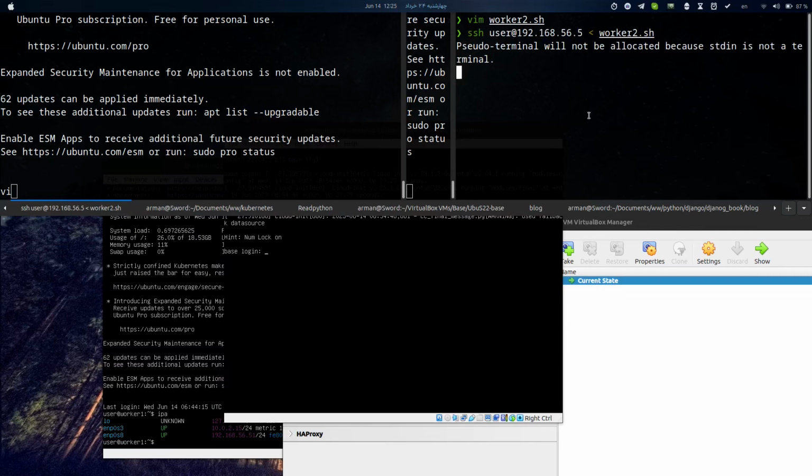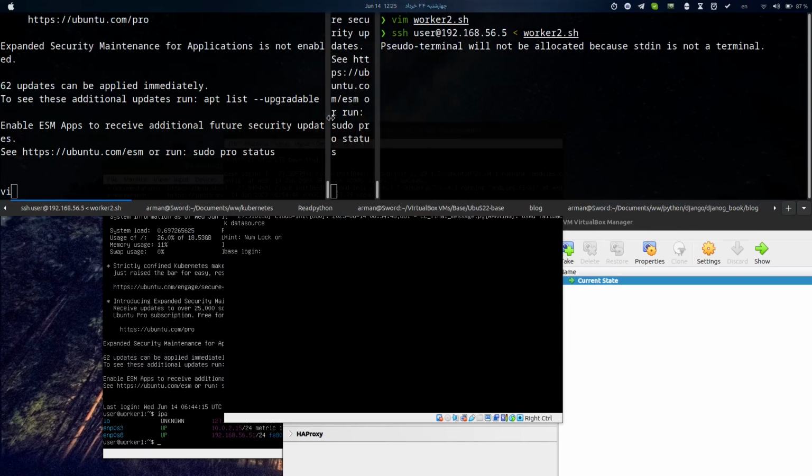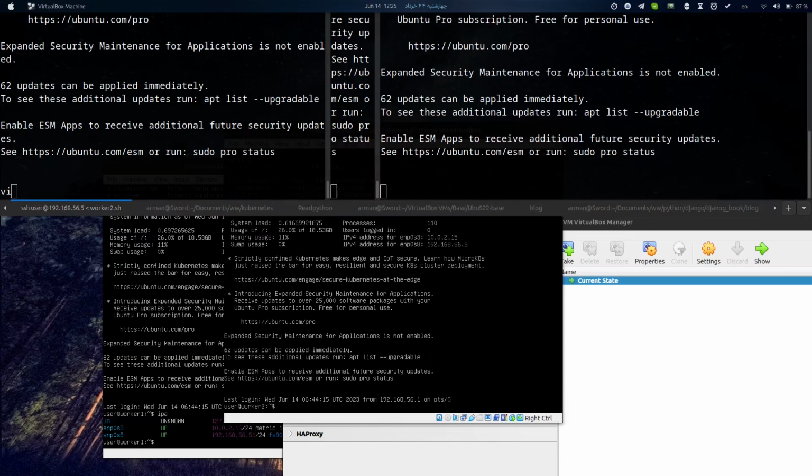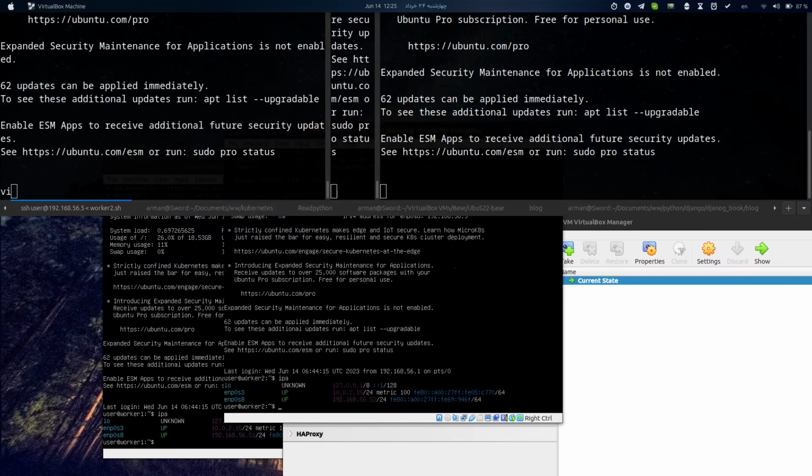It is running. Okay, I think it ran. And here we are. IP and all configuration has been done. Okay, as you can see here,